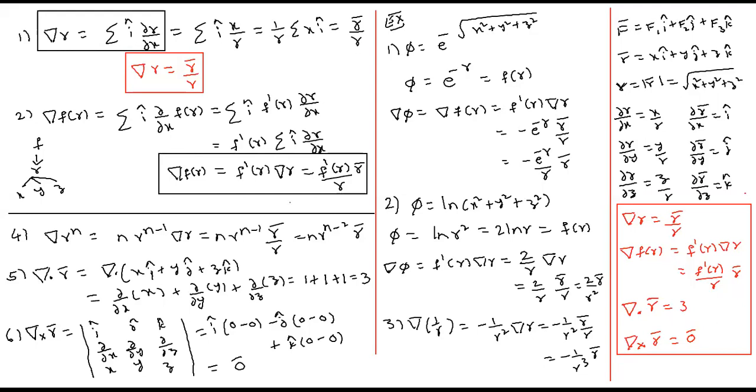So these are the 3 formulas which you need to remember. Del r is r bar by r. Del dot r bar is 3. Del cross r bar is 0 bar. Is it okay? Now, what is Laplacian? What are the problems on Laplacian? We will see later. Initially, our interest is on gradient, divergence, and curl, and some applications of this. Later, we are going to see problems on Laplacian also. Is it okay? So that's all for today's class. And tomorrow we are going to do some more problems and some applications of the gradient.